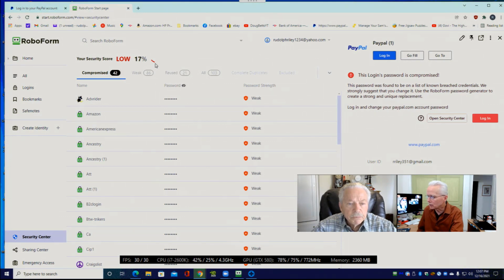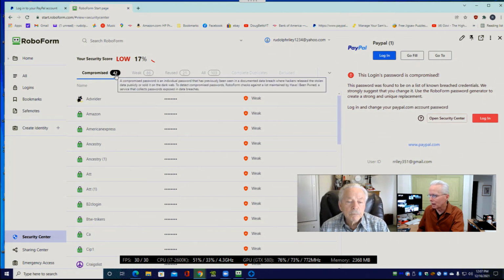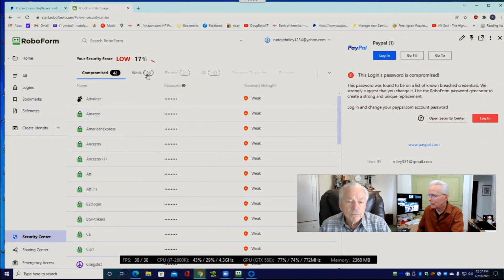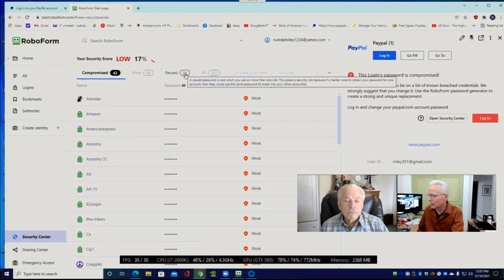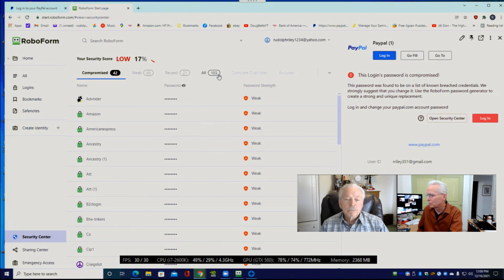I think that's trying to show us 17% of a circle, maybe. I'm not sure. But they're saying here you have 42 compromised accounts. And you have 86 weak passwords. You have 21 reused passwords. And you have a total of 103 accounts that RoboForm knows about.